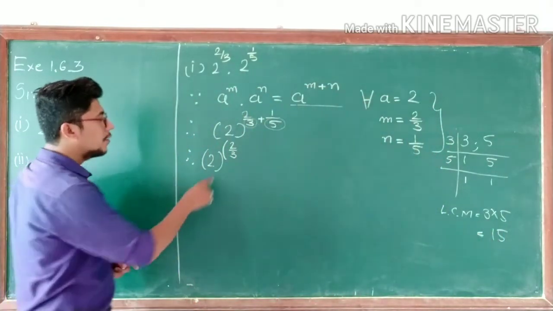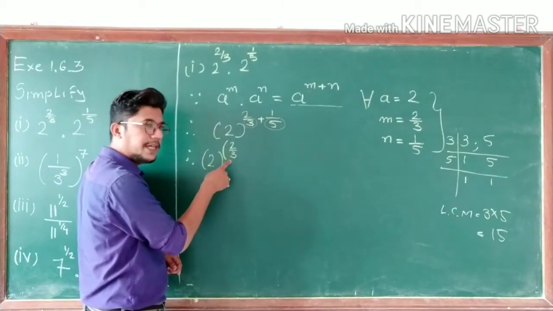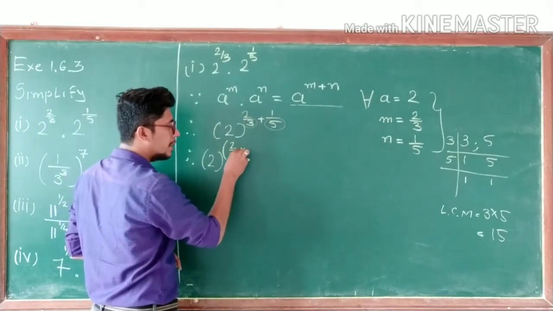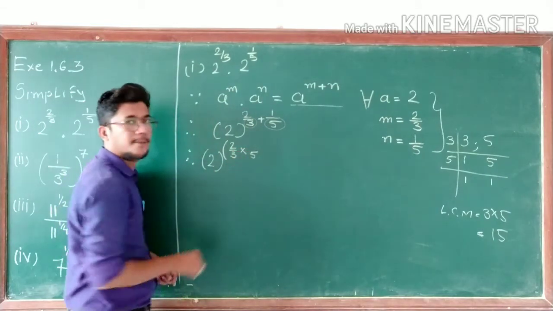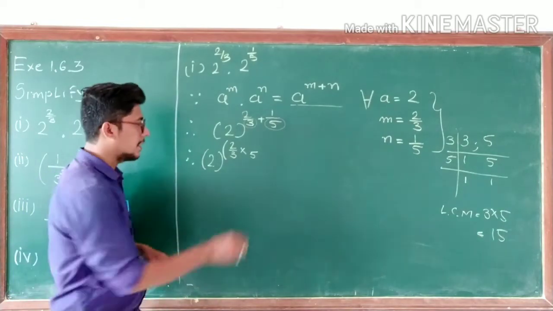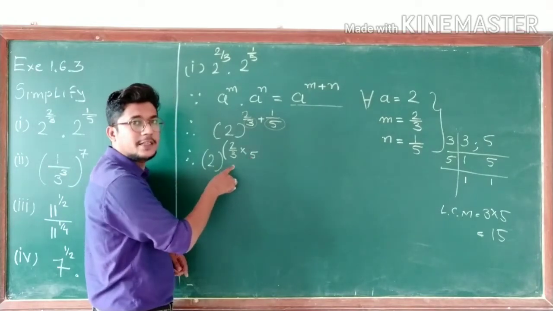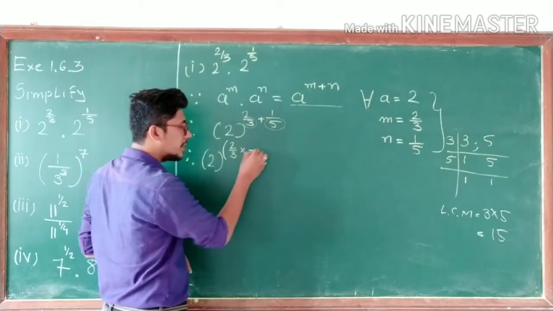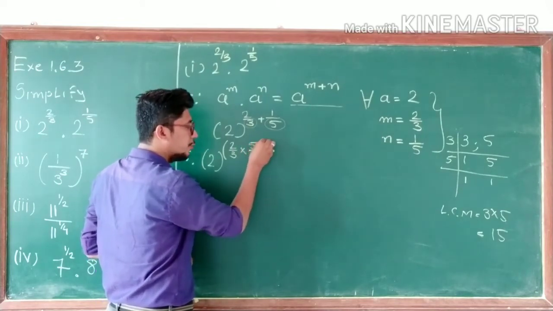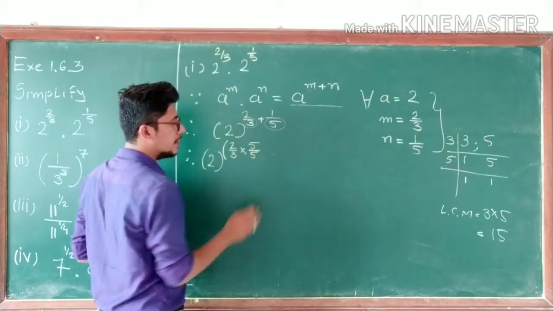Yes. Now here 2 upon 3 is there. Base is 3. To make this 3 into 15, what we have to multiply? We have to multiply with 5. So 3 5s are 15 LCM. Yes or no? Yes. When we have multiplied 5 in the denominator, we must multiply the same value, which is 5, in the numerator too. In the numerator too. Yes or no?